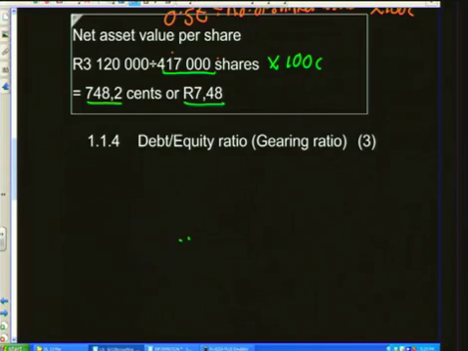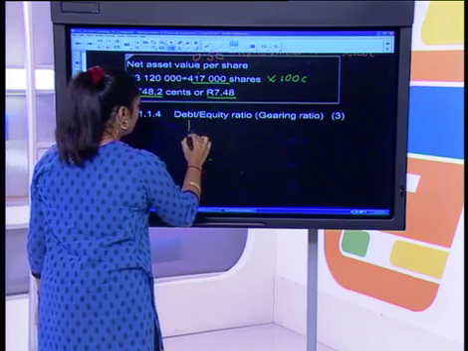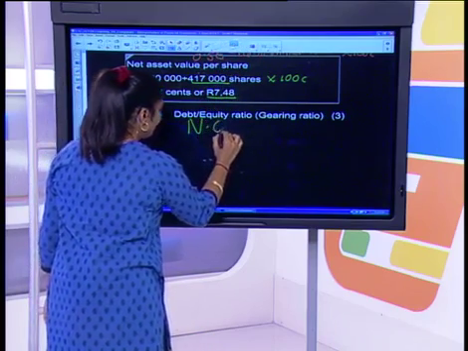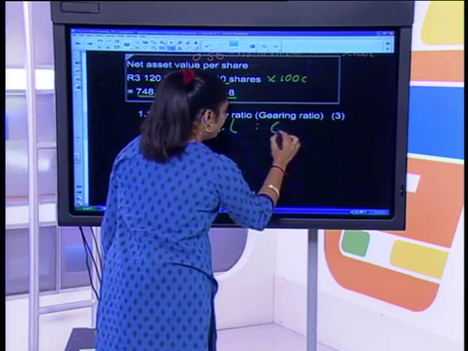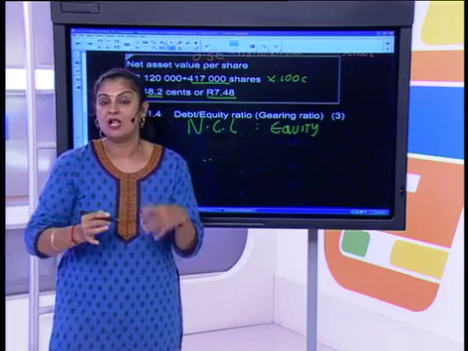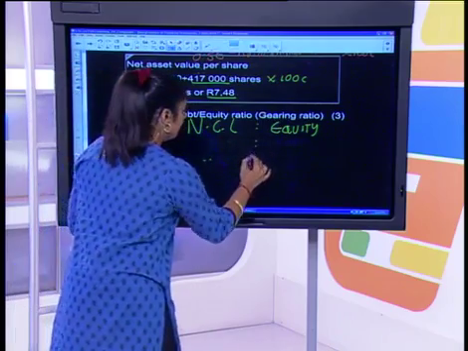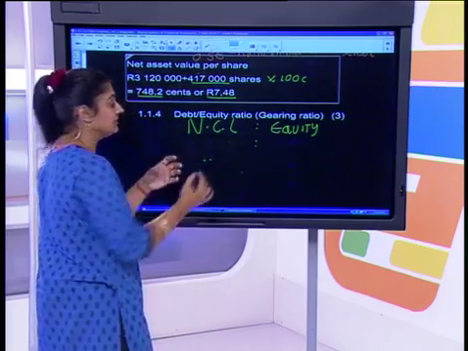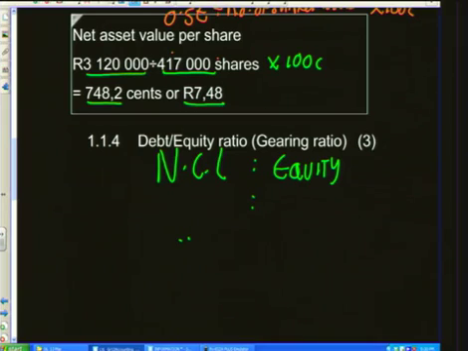The last calculation is your debt equity ratio, in other words, your gearing ratio. Now, in this particular calculation, we're going to be comparing your non-current liabilities, your long-term loans, to equity, in other words, your own capital. So we are looking at borrowed capital versus own capital. Does the business rely too much on borrowed capital? So let's start off with equity. We came across this figure in the previous calculation. Your shareholders' equity for 2009 is an amount of